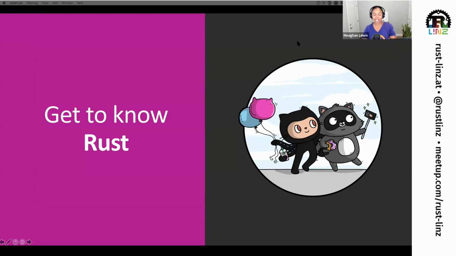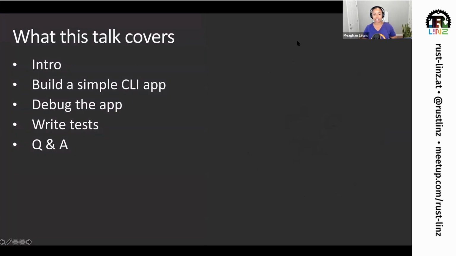So this talk is titled Get to Know Rust. Oops, let me click in there. And what I'm going to be covering is the following that you see here. So just start with a quick introduction. Then I'm going to transition over to Visual Studio Code, where I will build, debug, and write tests for a